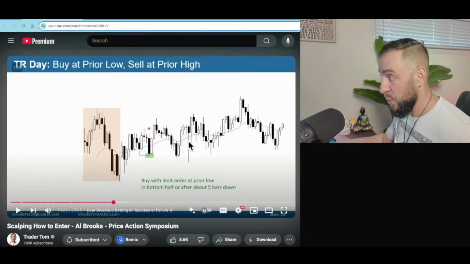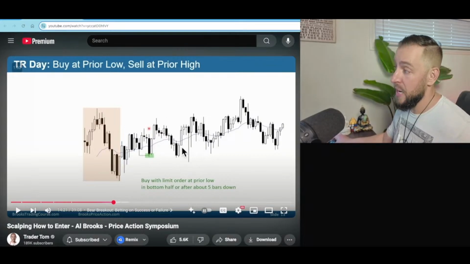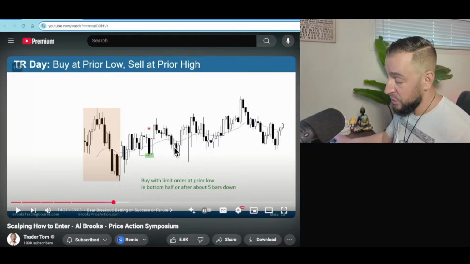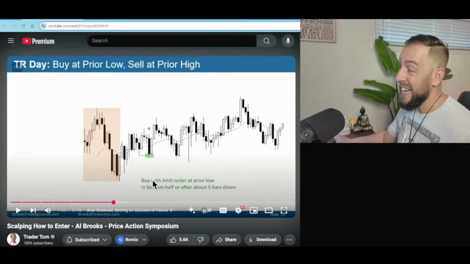The market reached down here, and the fact that this has a big tail shows you that there were so many buyers here. It shot the price up. So the price action is telling you what traders are thinking. They're thinking that as soon as the price gets down here, we're going to buy because we feel so convicted that the price is not going to continue in that down direction and instead reverse up.